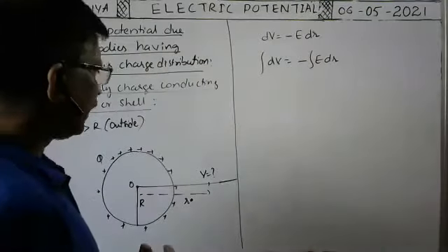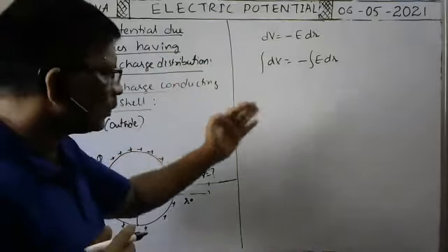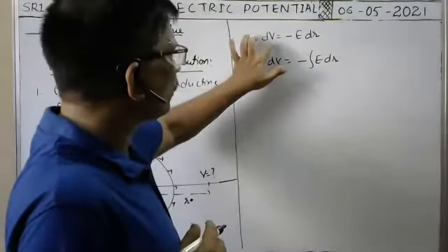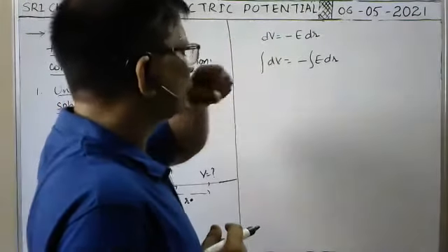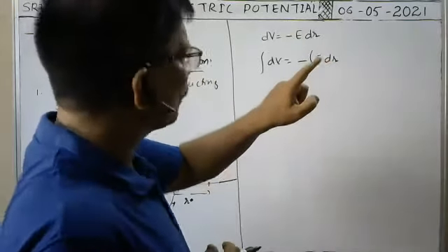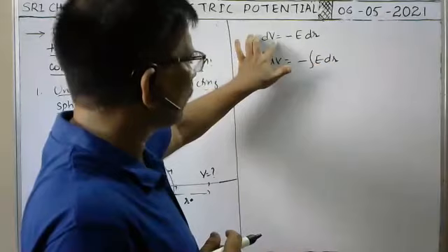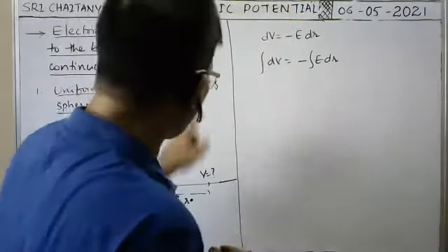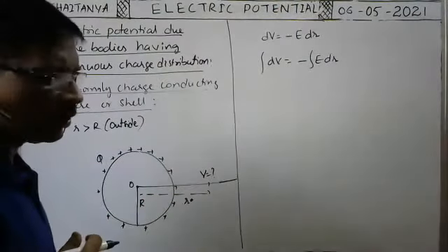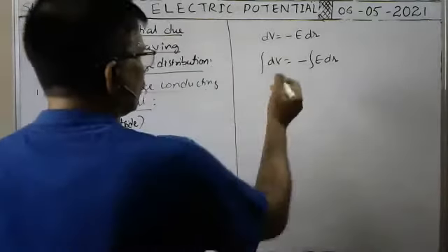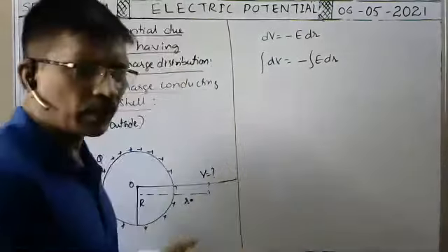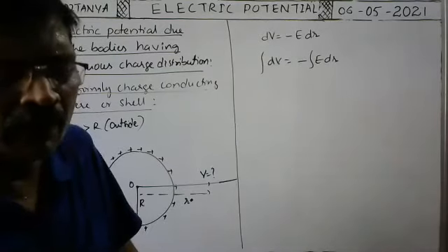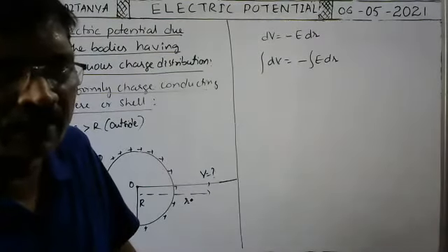Right. So here, to bring the unit positive charge from infinity to a point, the work done is equal to the potential difference between those two points, which is equal to minus E into dr. To bring the charge from infinity to a point at a distance r, what is the work to be done? So infinity means, at infinity what is the electric potential?